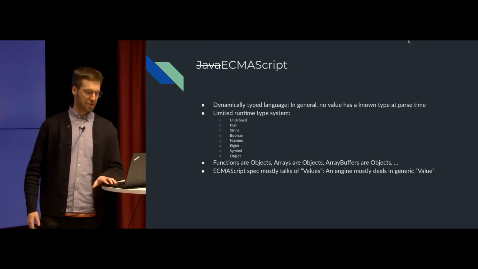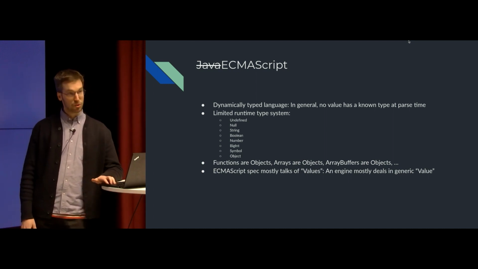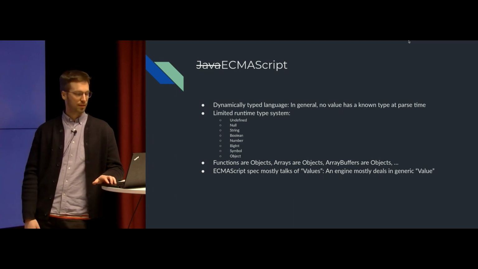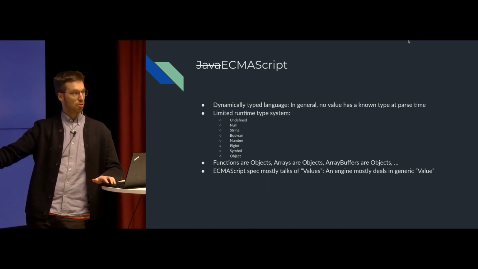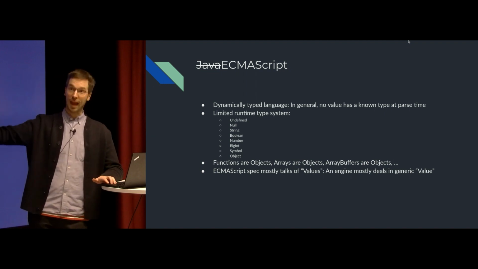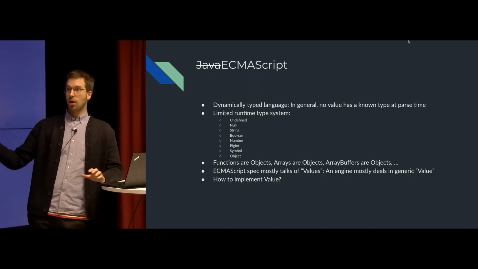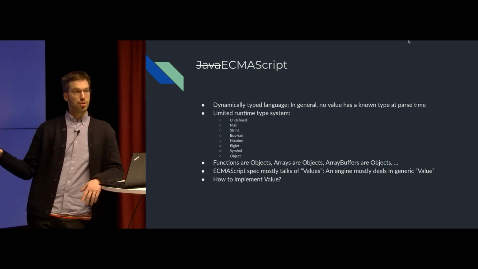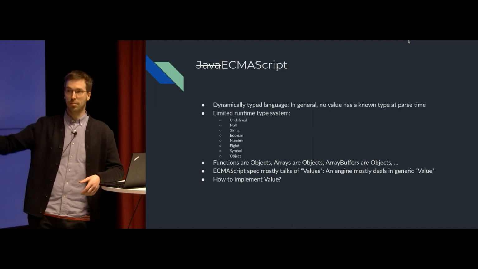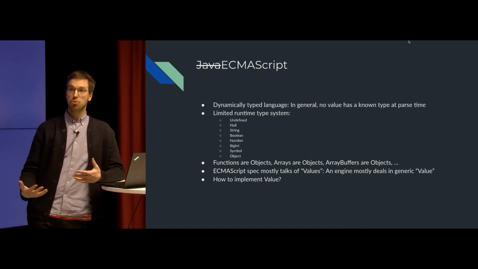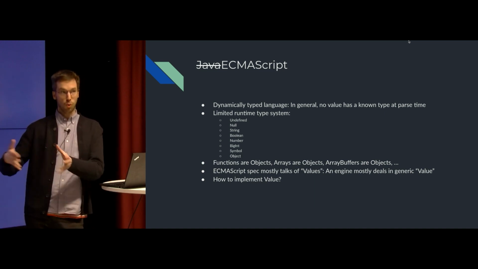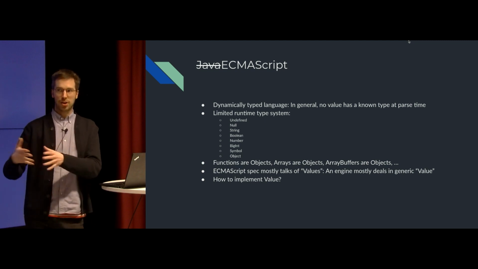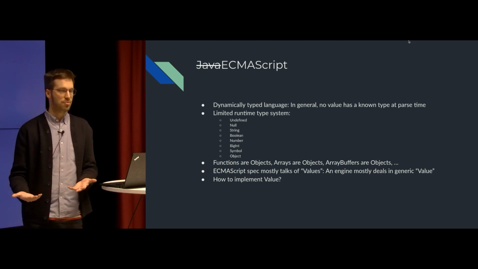Everything is an object, basically. If it's not primitive, it's an object. So the ECMAScript spec mostly deals with and talks of these values. And because the spec mostly talks about values, the engine mostly talks about values. There are some abstract operations which take as parameters, let's say, a string or a number or something. But those are specific cases where you know from the parsed code what is happening. But when it's an actual built-in function, it just takes values because it can be called